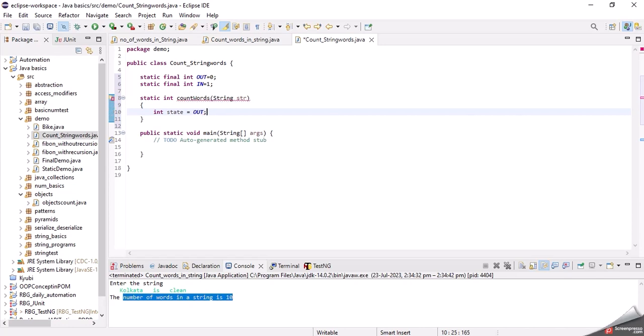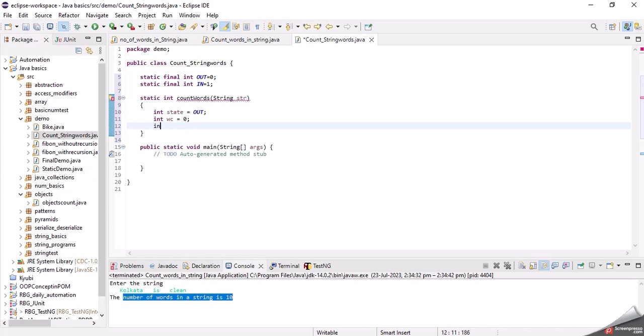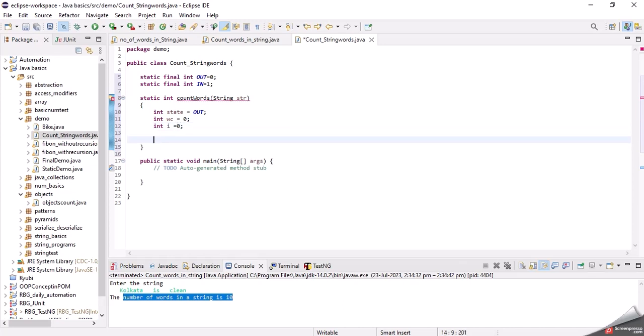Let us consider that at the very beginning of the string there is a space or some word separator, so let the state be out, right? Then int word count wc, let this also be 0 at the initial level, and let me declare int i equals 0, which I will be using in my while loop. So starting the while loop, so while